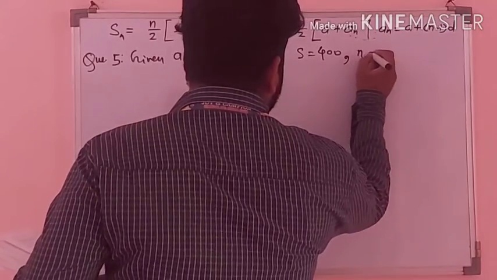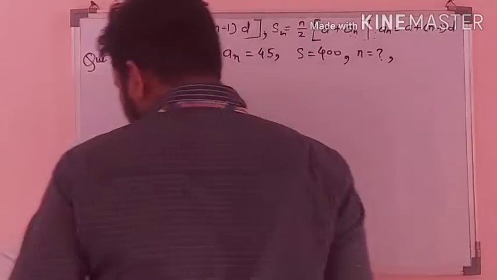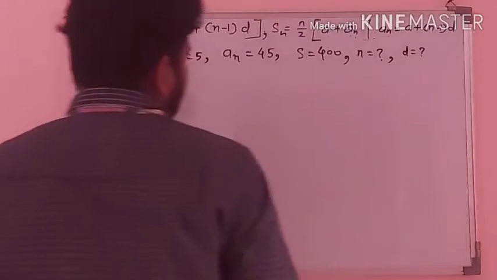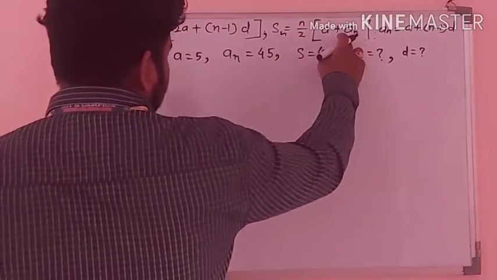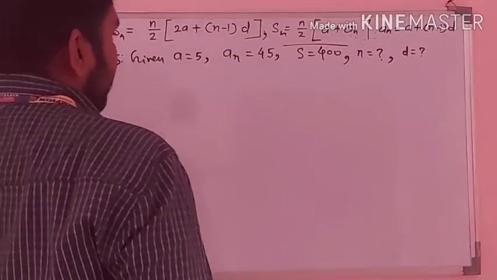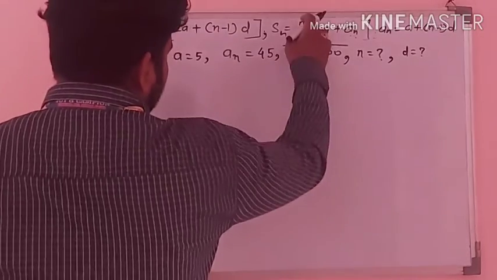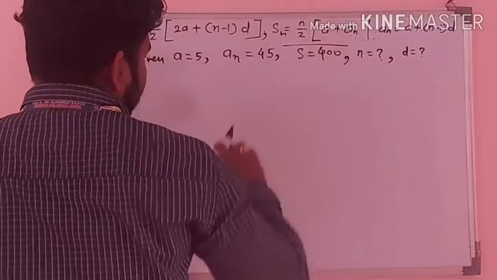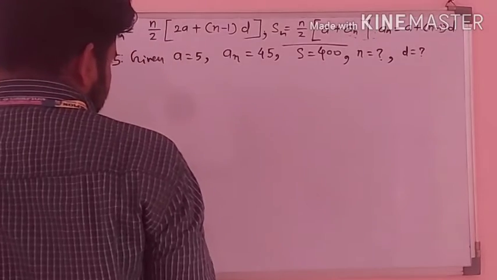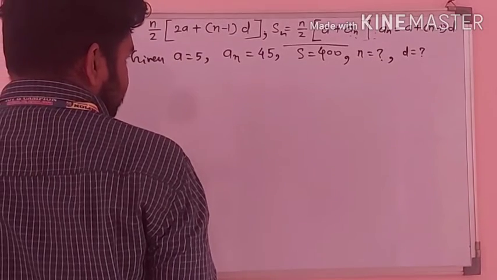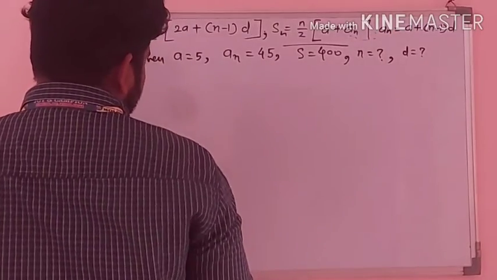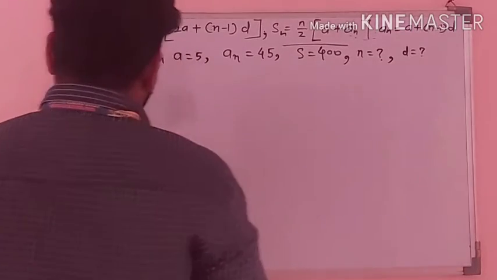Here we will find n. Okay, and common difference d. Okay, n and d find out करना है आपको. ठीक है, a is given, S is given. Put the value in this formula and we will find out the answer. From here you get n. Okay, and from here also put the value here. Then after that put the value here. That means then after that you get the value of d. Okay dear students, ये था क्वेश्चन नंबर 5.